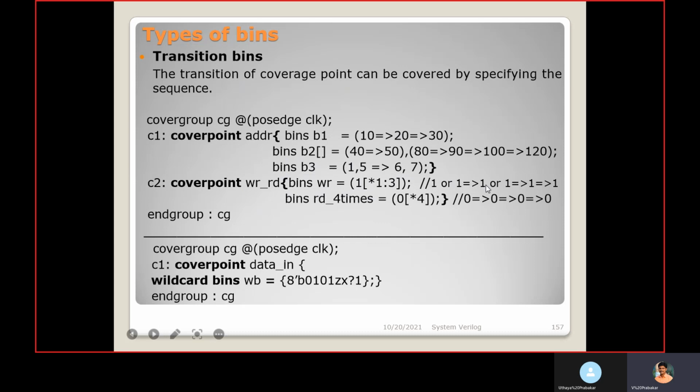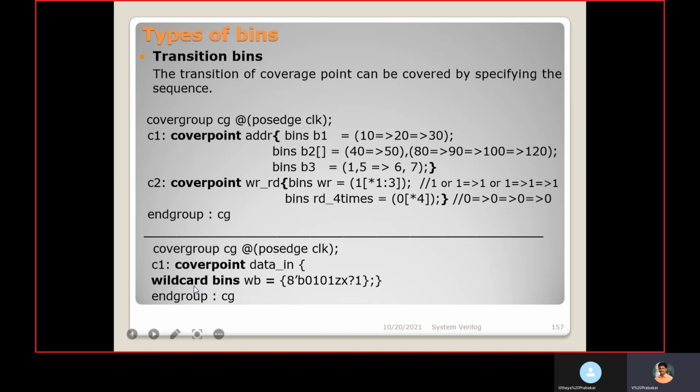Or 3 times 1: at the next passage of clock it is 1, again at the next passage of clock it is 1. At that time also it will get a hit. Bin named read 4 times: this write read should be 0 for 4 consecutive passages of clock, 0 and at the next passage of clock it is sampled as 0, and again 0 and 0. So when this transition happens, this bin will get a hit.